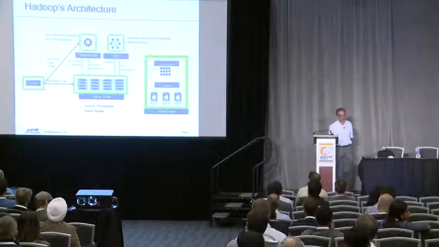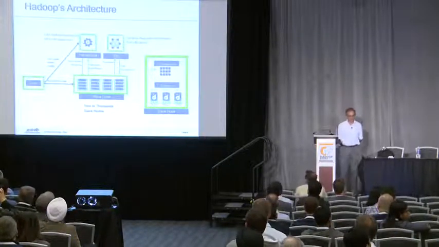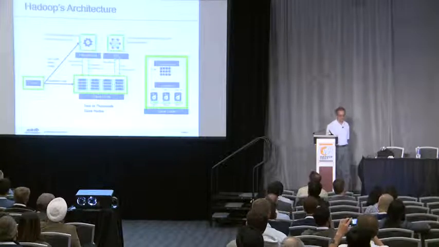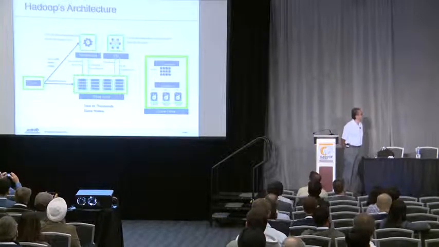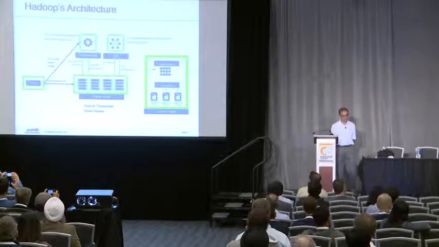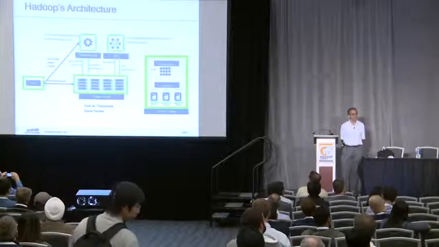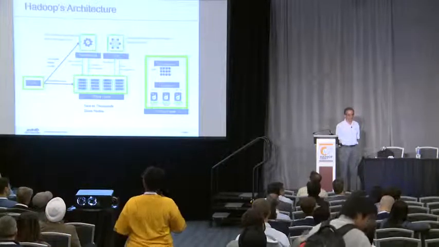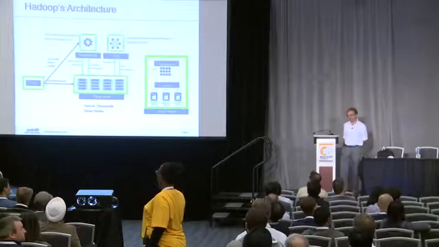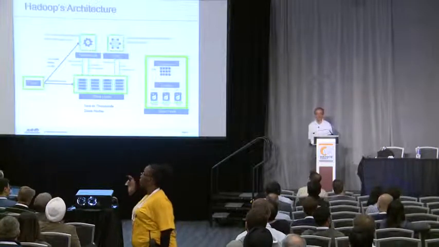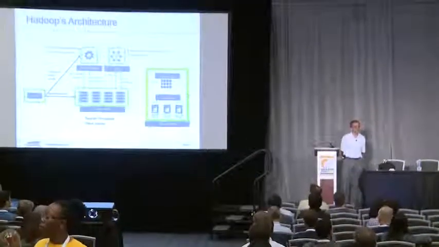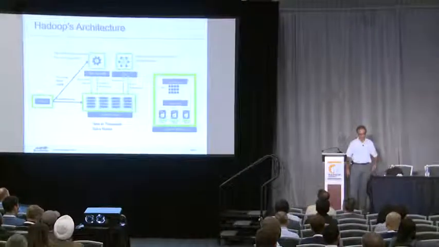So this is a quick recap of the Hadoop architecture. Traditionally in Hadoop you have a number of master nodes like the name node or the YARN resource manager. Then you have anywhere from 10 to thousands of slave nodes, which I've drawn below. You often talk to the master nodes to either submit a job or to open a file, but the actual data transfer and the bulk of the work is done on the slave nodes. One of the things Hadoop does is move computation to where the data is. This was probably one of two or three big ideas that Google introduced that we clearly copied in